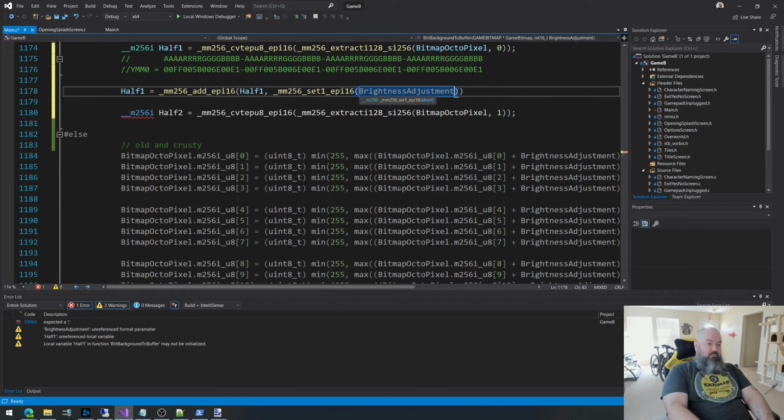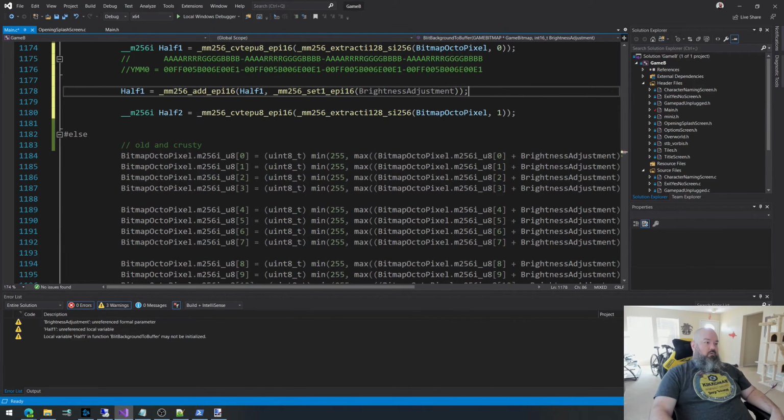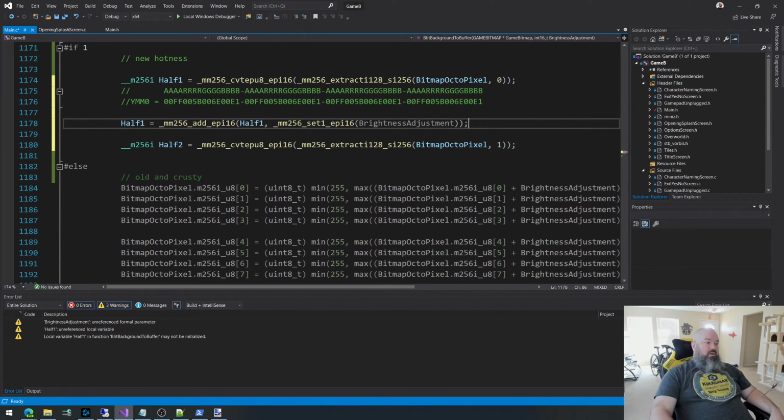All right, perfect. So now what I'm doing is adding the brightness adjustment to each of these 16-bit components here